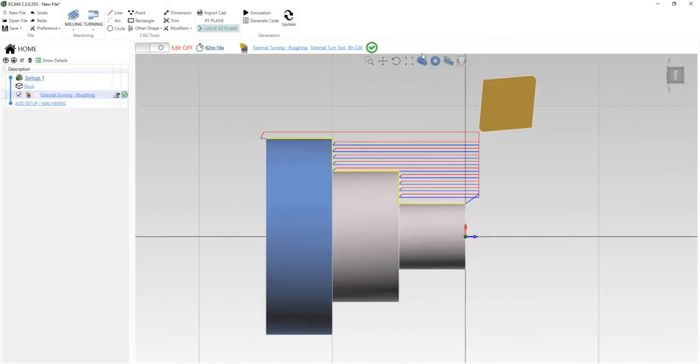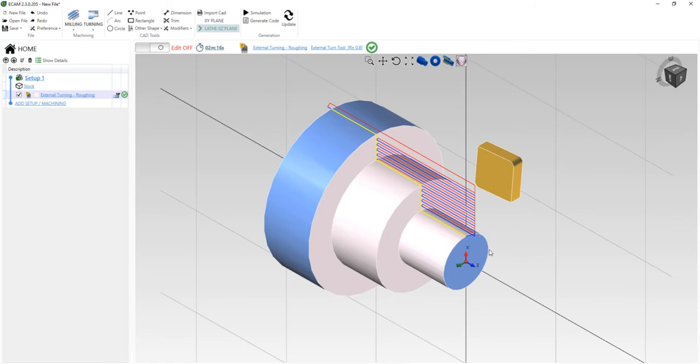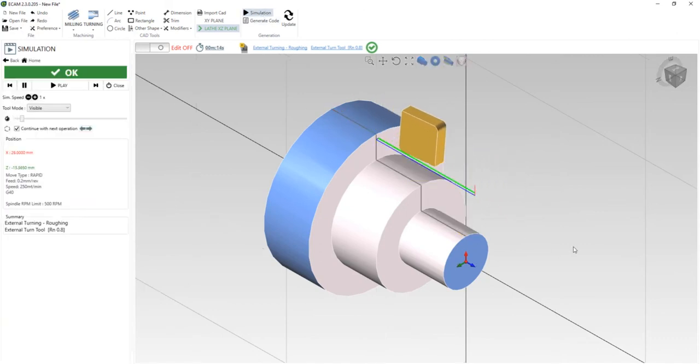You will see in 3D view our object looks like this. If I play this operation, click on simulation, you will see the operation continue. My tool gives a -20 cut and now the tool gives a -10 cut. You will see.